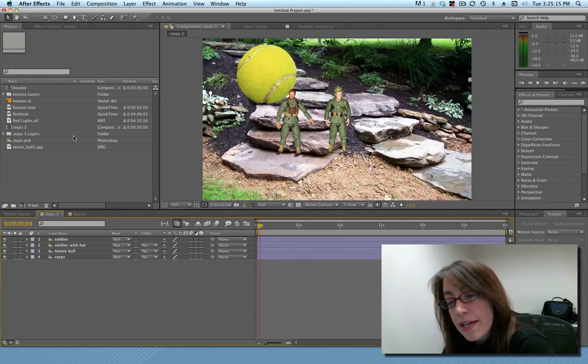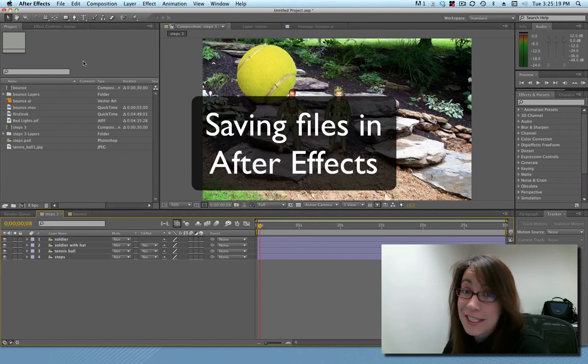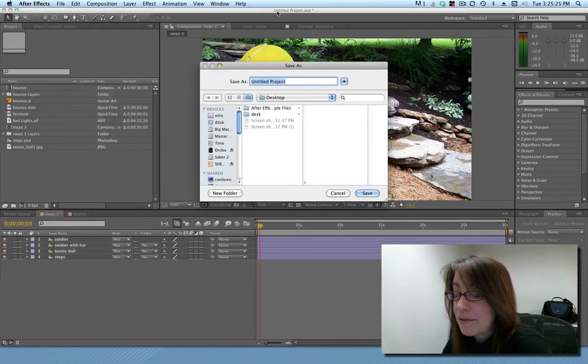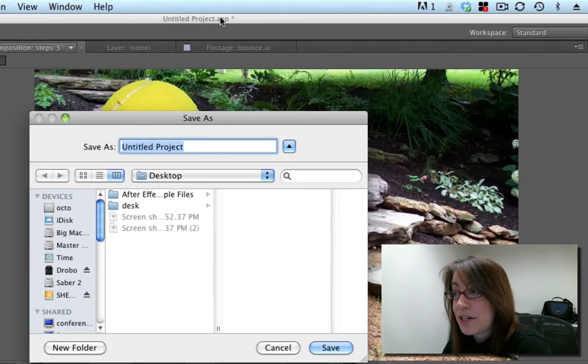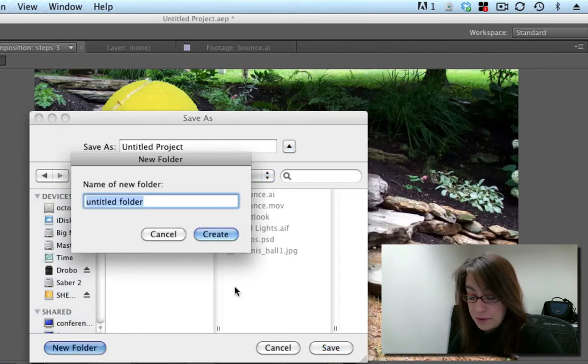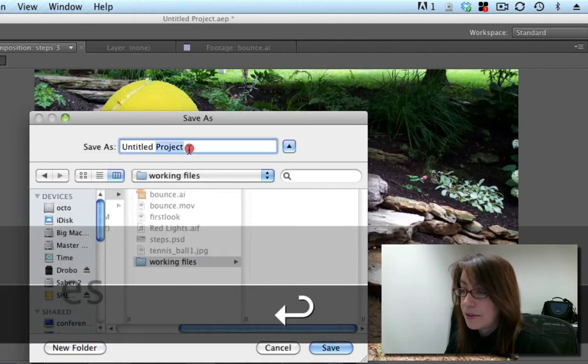Once you've imported some different footage and looked at compositions and started to build your project, it's a good idea to save your file. We're just going to go up to File and Save, and you can see that right now my file is called Untitled Project .aep, which is After Effects project, and we're going to go ahead and save it into my After Effects folder, and we'll do New Folder, and I'm just going to call this Working Files, and we're going to call this